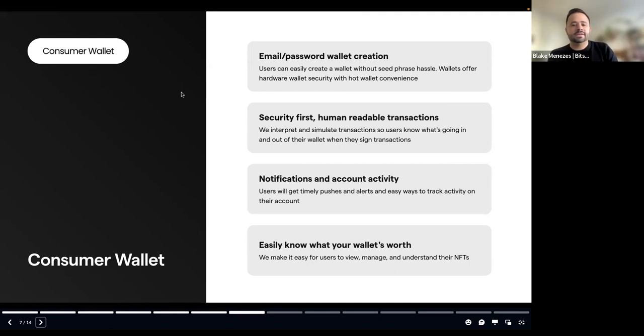But because of the nuances of the blockchain and smart contracts, and the way that people create smart contracts, we're just reaching the point, and it's a point Bitski has been at for a while, where people can more easily access blockchain technologies and create wallets, which are kind of like the keys to the kingdom of all things blockchain. These experiences are becoming more seamless, easier to use, and easier to understand. So that's the gist of it.